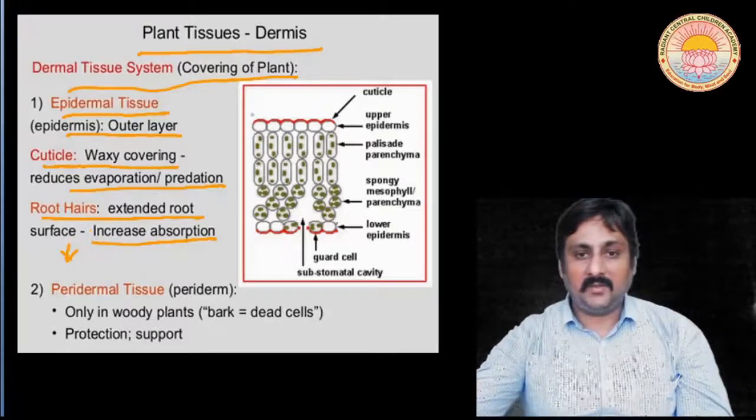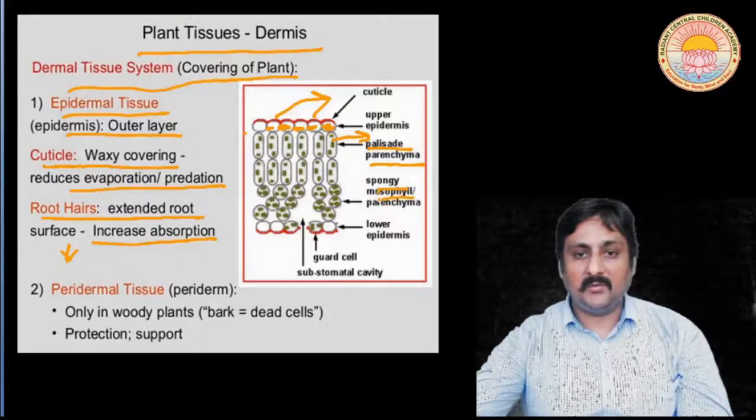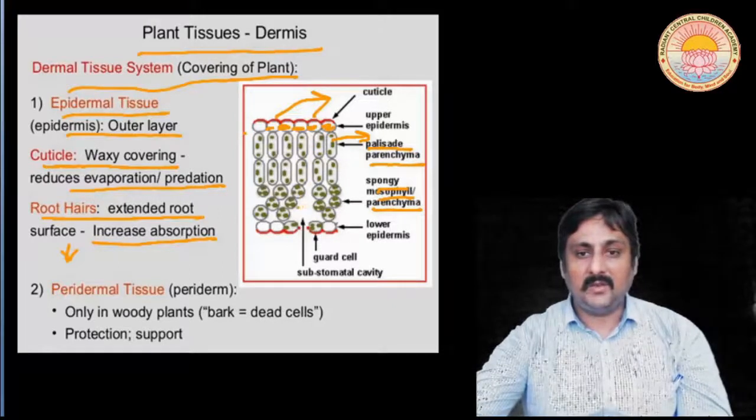Okay, now you can see the figure also. Here the cuticle is present, you can see the upper epidermis present on the leaves. These are the mesophyll cells. They have been differentiated into two types present in the leaves, palisade parenchyma and spongy mesophyll cells. You can see the difference between them. Here in the palisade parenchyma you can see the gap is very less as compared to the spongy mesophyll parenchyma cells.